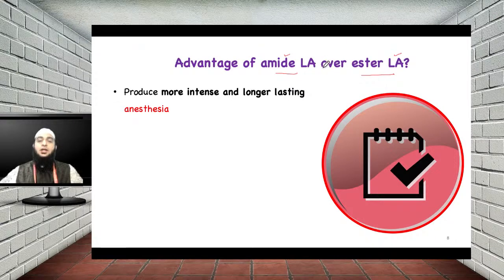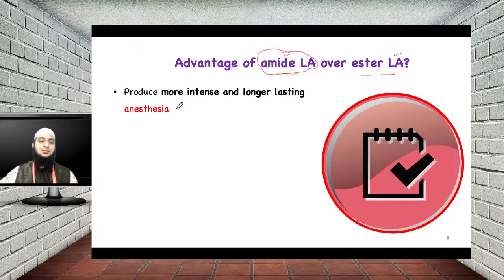We'll see what advantages this intermediate chain gives amide local anesthetics compared to the ester local anesthetics, so that accordingly you can select the appropriate drug as a pharmacist, or when you are investigating new molecules, you can see that you are dealing with amide local anesthetics, because they have more advantages. So the first advantage is that it produces more intense